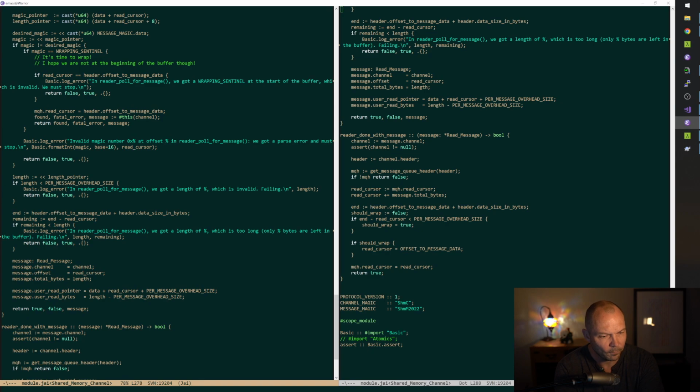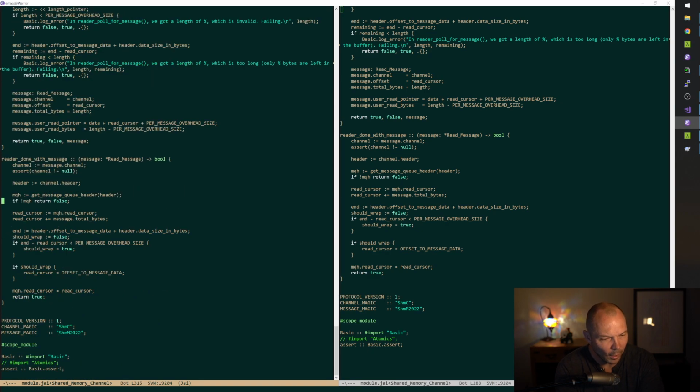So here is where we decide to wrap when we finish reading a message. We add the length of the message. And here's the end of the thing, which is, from the header, you go the offset to the message data plus the data size in bytes. And if that is less than the 16 bytes that we need, we say should wrap,